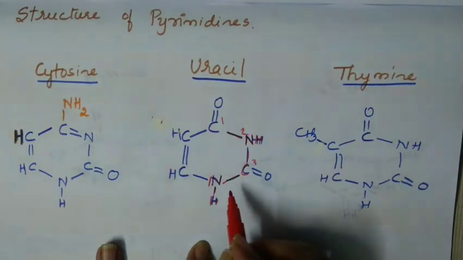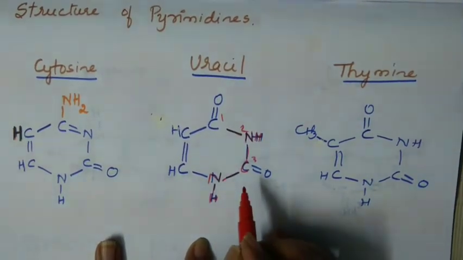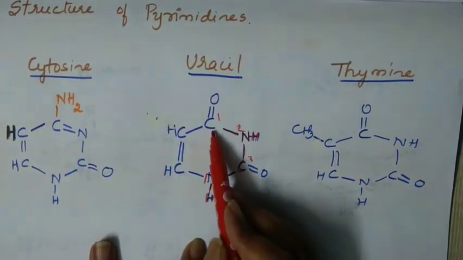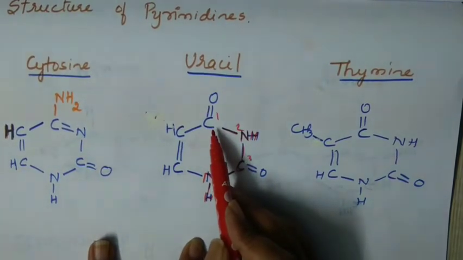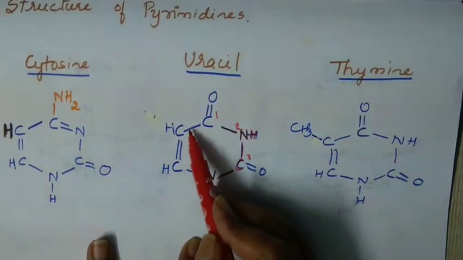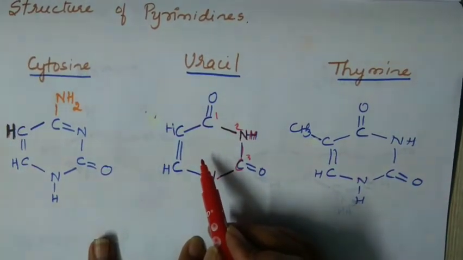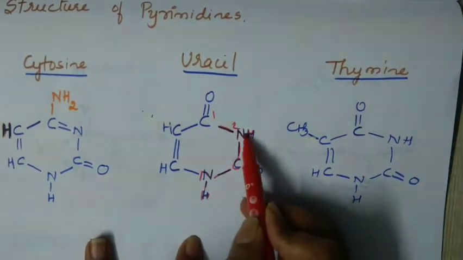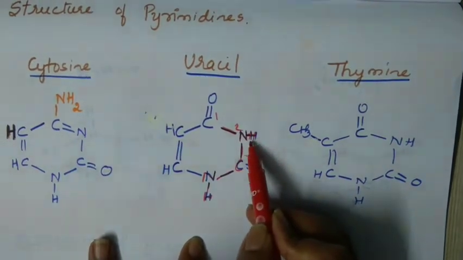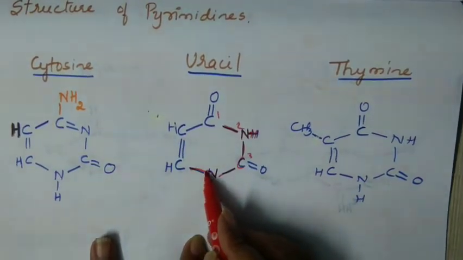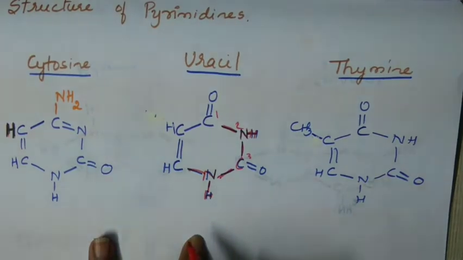Now whenever you are writing the structure, think of the valencies. What is the valency of carbon? 4. Carbon can make friendship with 4 people. So I count them. 1, 2, 3 and 4. How about nitrogen? Valency is 3. So 1, 2 and the bond between nitrogen and hydrogen. So here nitrogen 1, 2 and 3. How about carbon?